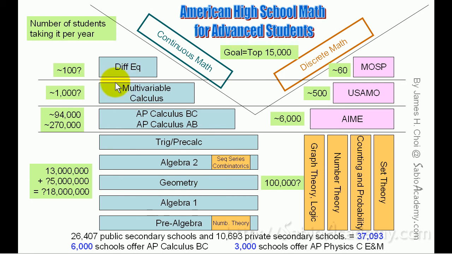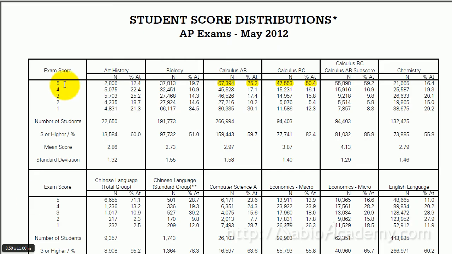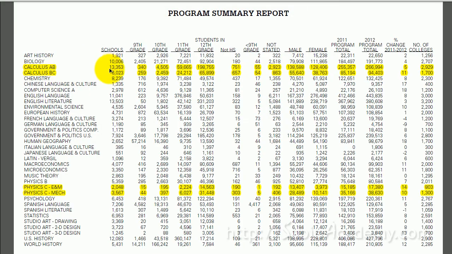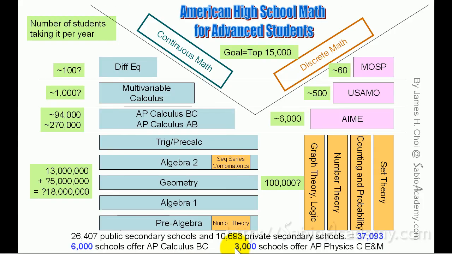Talking about having the courses and not having the courses, I'd like to show you on the sites that I just showed you that there are about 37,000 high schools in the US. Of them, only 6,000 have AP Calculus BC. Where did I get that number? I got that number from here. Here are the 6,000 schools that have Calculus BC. And what about physics? Only 3,000 schools. Take a look. Out of all this, 1 in 12 offers this course. See, the opportunity doesn't come to everybody in the U.S. Even if you study in the United States, you have a 1 in 12 chance that you will have a school that teaches this level of